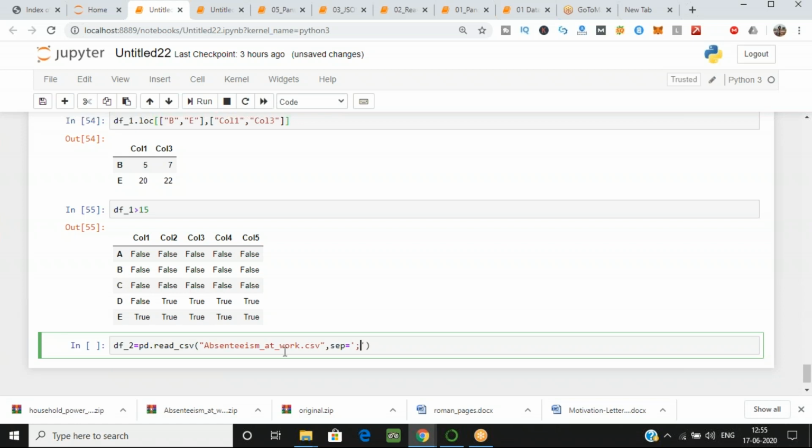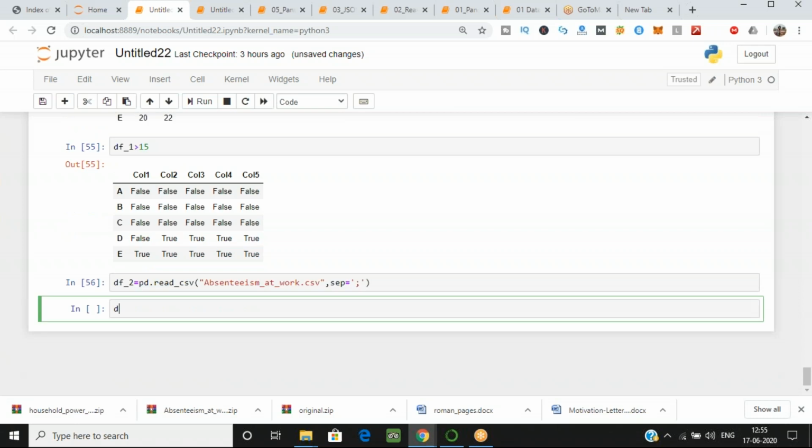I'll explain what separation is over here, but first, just run this command. Let's verify whether it is uploaded or not in data frame 2. Just write data frame 2 dot head.